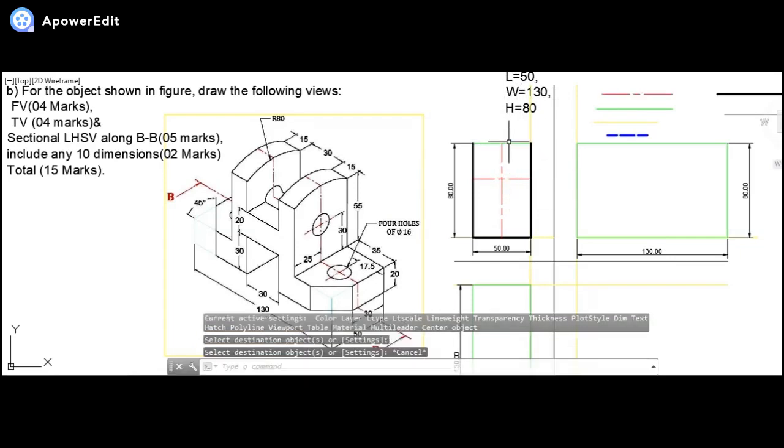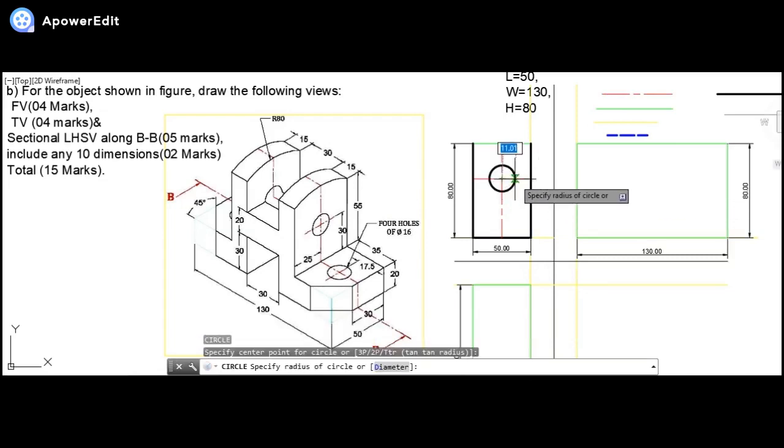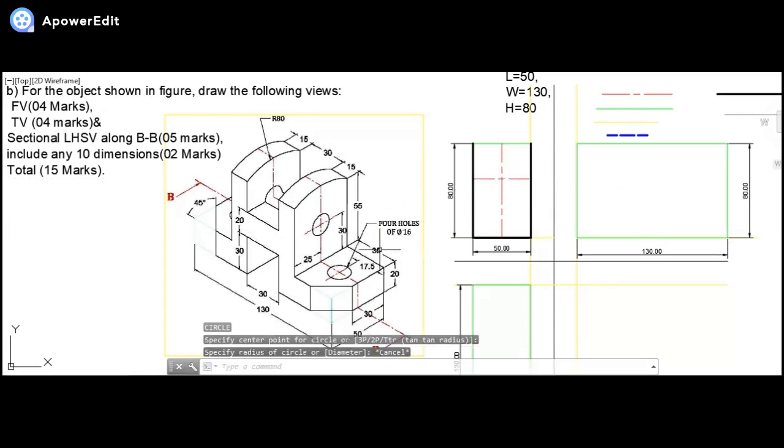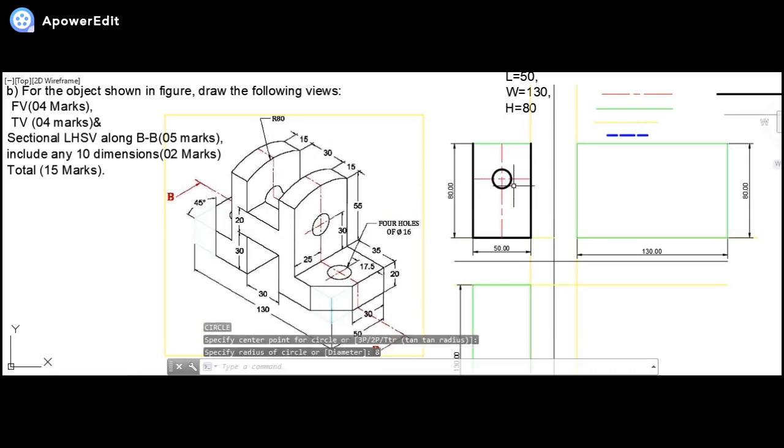So I can get this. Now I can simply draw a circle, first of all a smaller one, that will be given to us. 4 holes of 5/16 which are given to us are including this one over here and 2 over here. So 5/16 means radius is 8. So this is like this, okay.